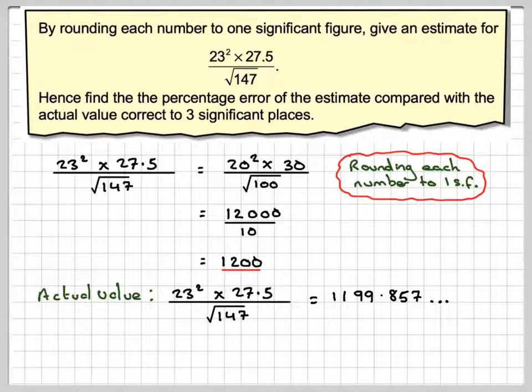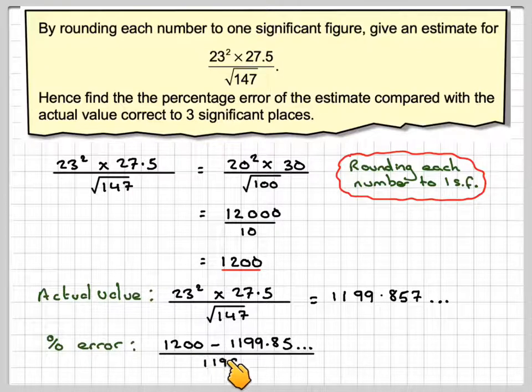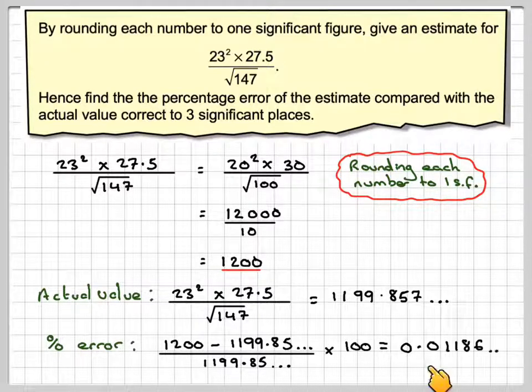Okay, so the percentage error will be the difference between the two, the positive difference. So it would be 1,200 minus 1,199.85 over the actual value, which is 1,199.85. And that gives me 0. Times it by 100 to make it a percentage,